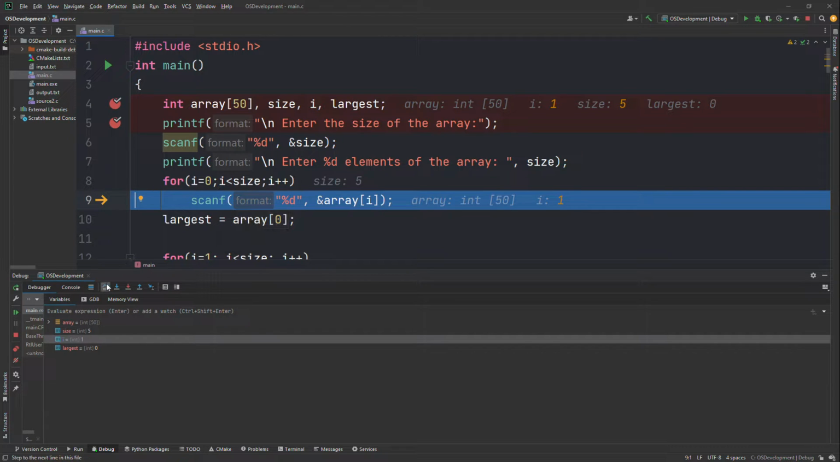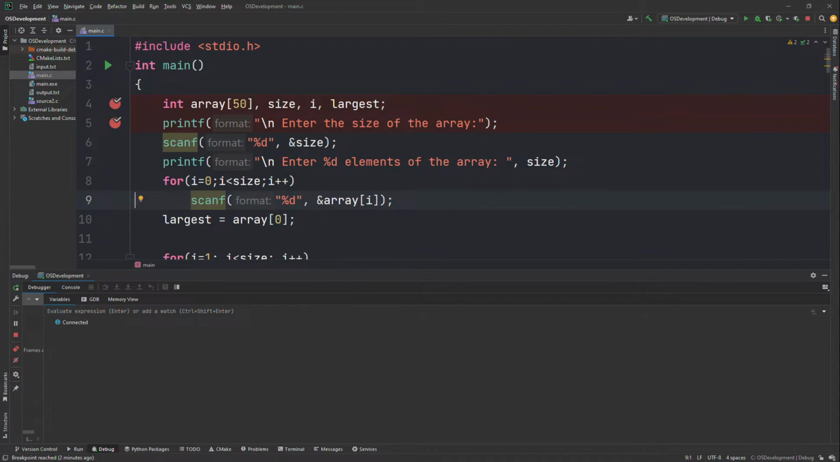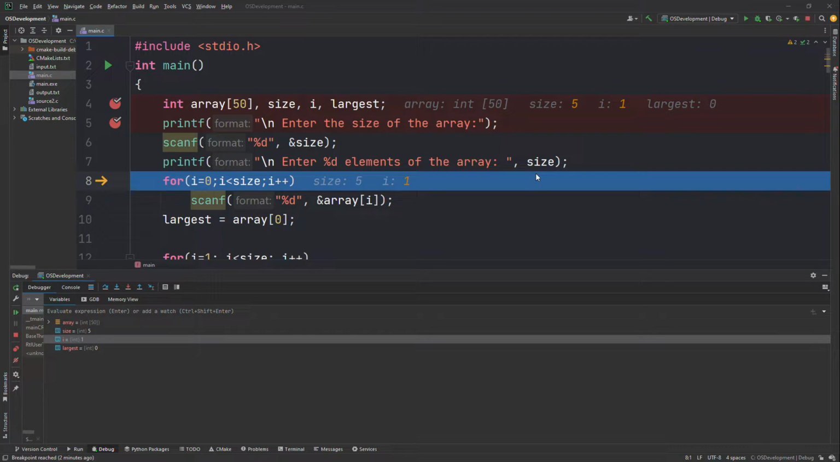So if we step over this, you can see that it's waiting for another number. So we can enter another number and hit enter, and it's going to be saved to array of index 1. And that process is just going to continue until i is no longer less than the size. So our size was 5. So the loop will continue to iterate until i is 4, because once i is equal to 4, that's our last